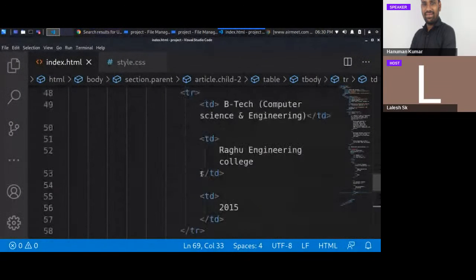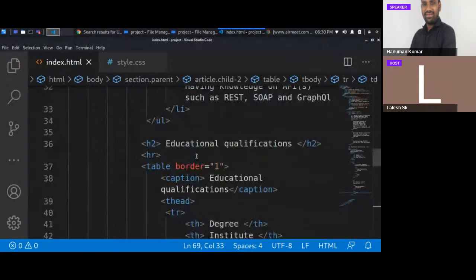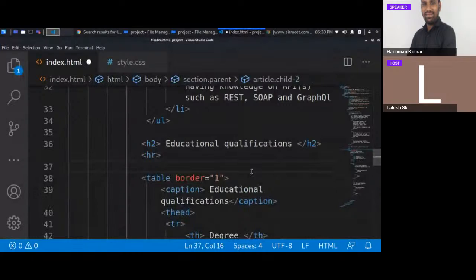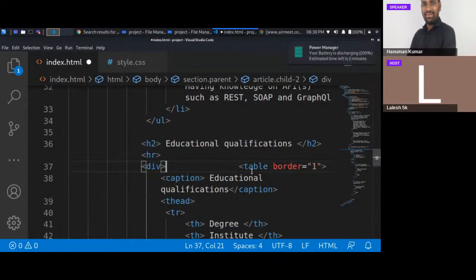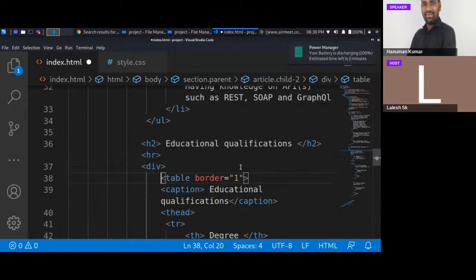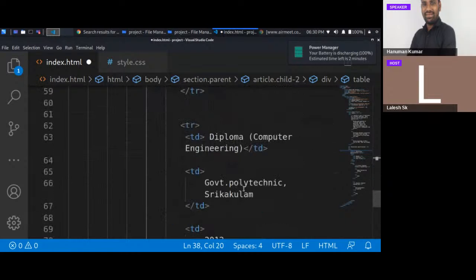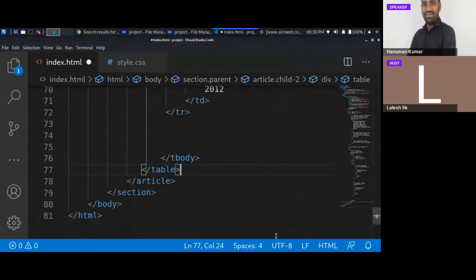So it's better to use a table in a division. So I'm going to apply the division for the table first. So division open and division close. So division is also closed here. So I'm going to use the closing tag of the division after the closing tag of the table. So this is the table here,